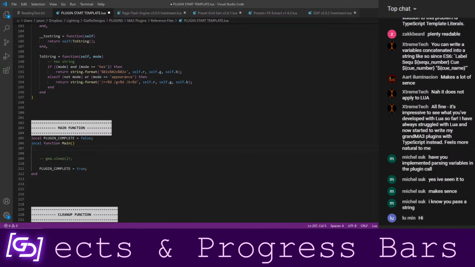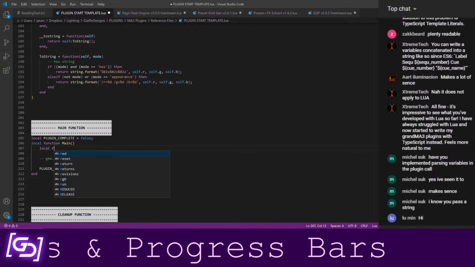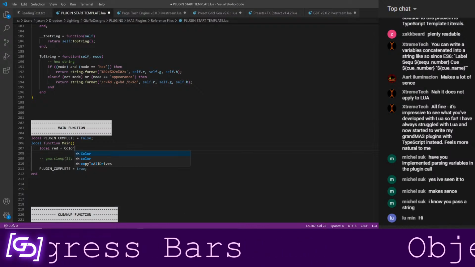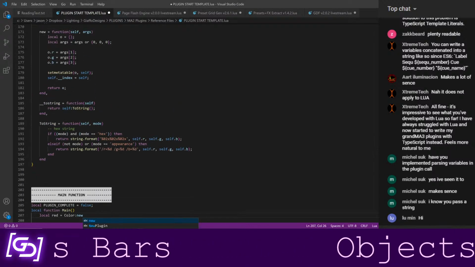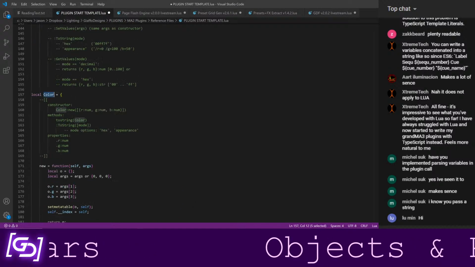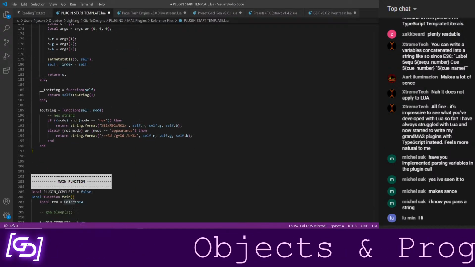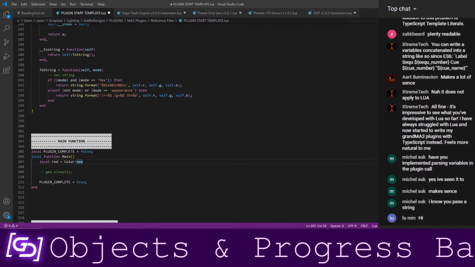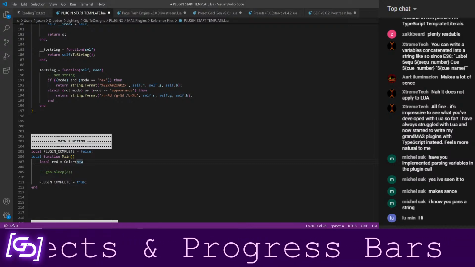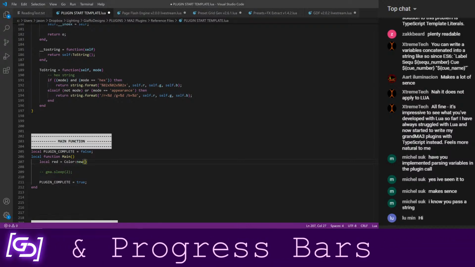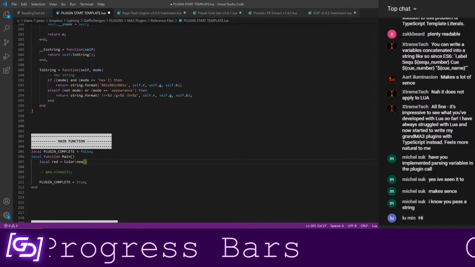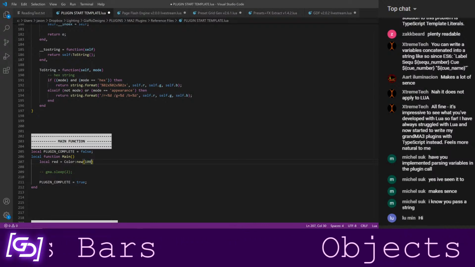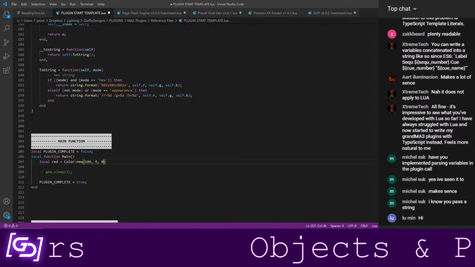Let's see. We're going to say red is a color, and we're going to call the color class's new method. It's a little bit hard to talk about these like conventional classes because it's not a language that was built for handling actual classes, but anyways, we're going to call its new method, and we're going to give it the table 100, 0, 0.